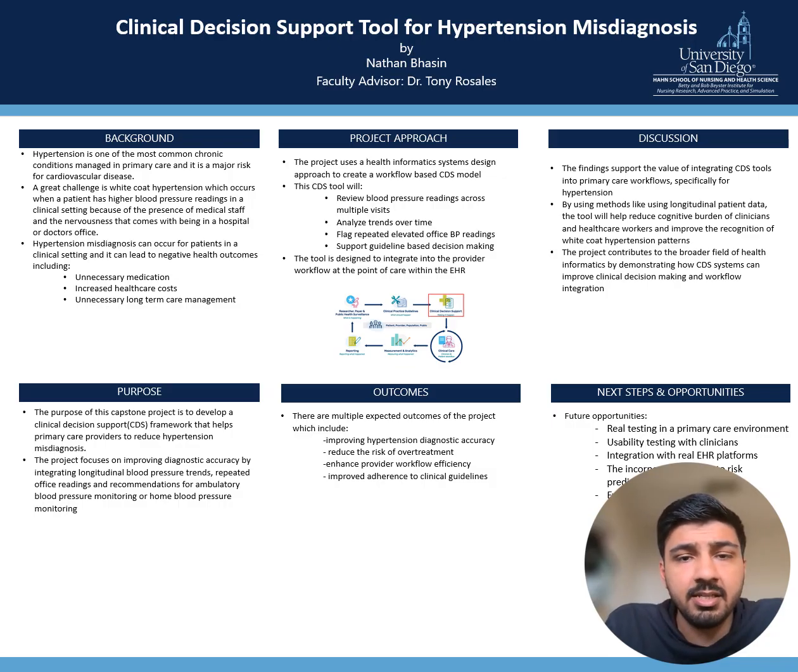One term I came to know in this program was white coat hypertension. It's something I really already knew about. It's when you go into a clinical setting and you get nervous, you see a doctor in a white coat, and your blood pressure goes higher than what it actually is. So I thought it'd be interesting to see if a clinical decision support tool can help in identifying when this is occurring, and it can help prevent things like unnecessary treatment,